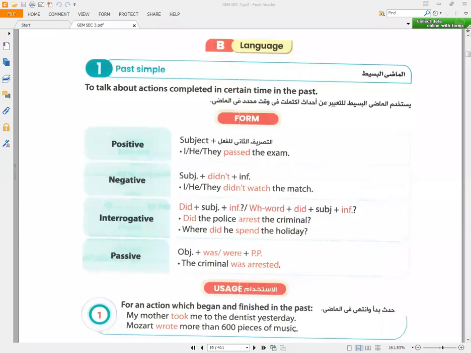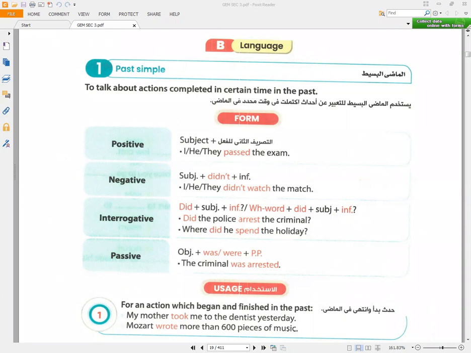Our lesson today: past simple. Of course, you know we don't focus on the form, you are in grade 12 now. So I want you to pay great attention to the usage. Okay,